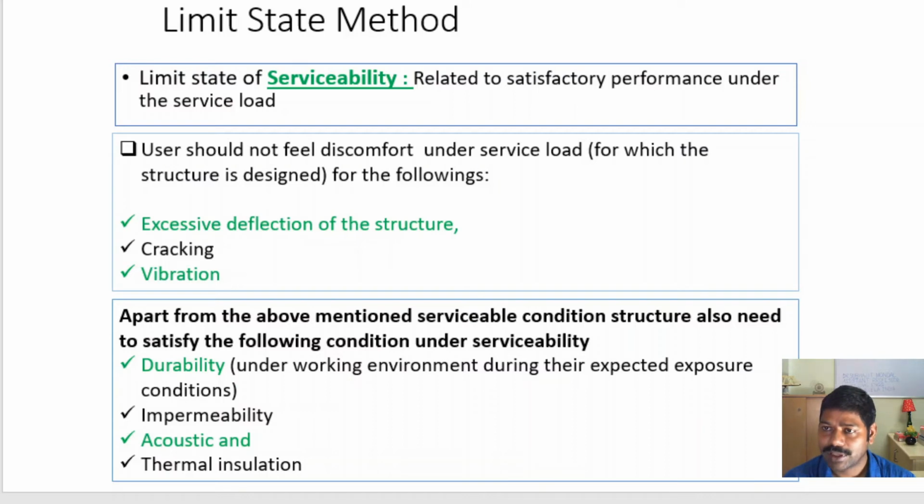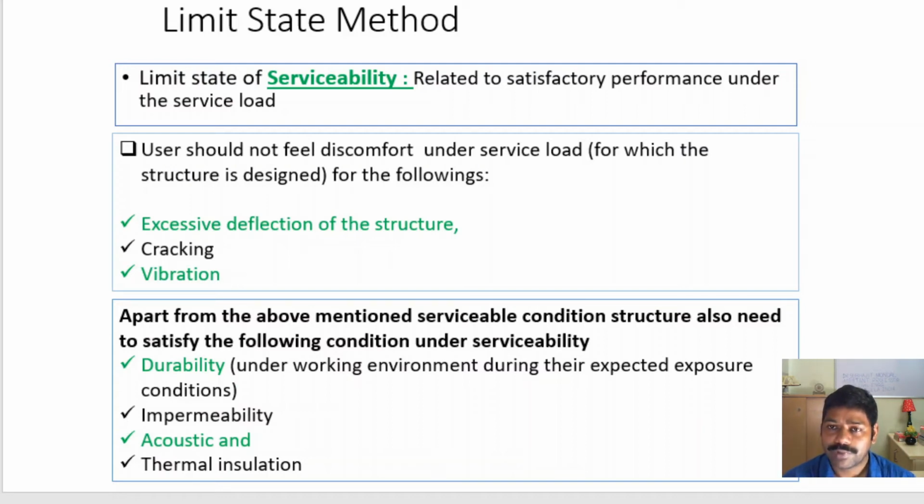Suppose you are constructing a building near your railway line, or you are constructing some building where there is some chance that regular vibration load may come. In that case, you should take proper care. Apart from this, in the serviceability conditions, the structure also needs to satisfy the following conditions, such as